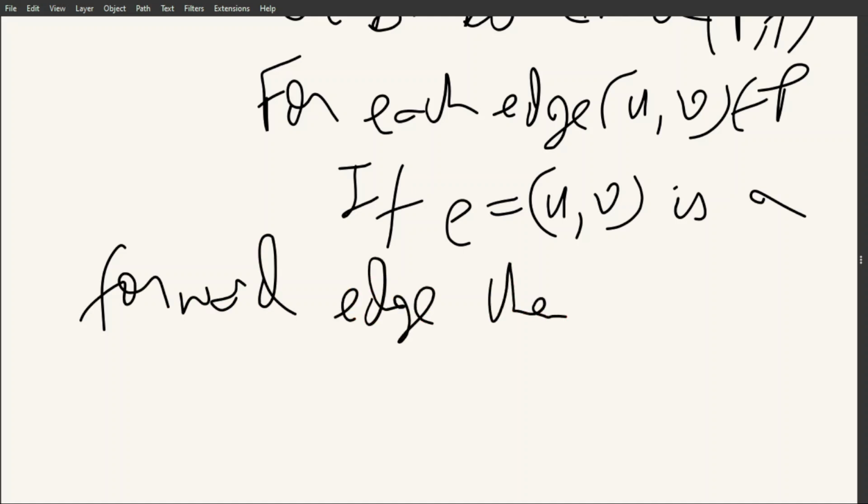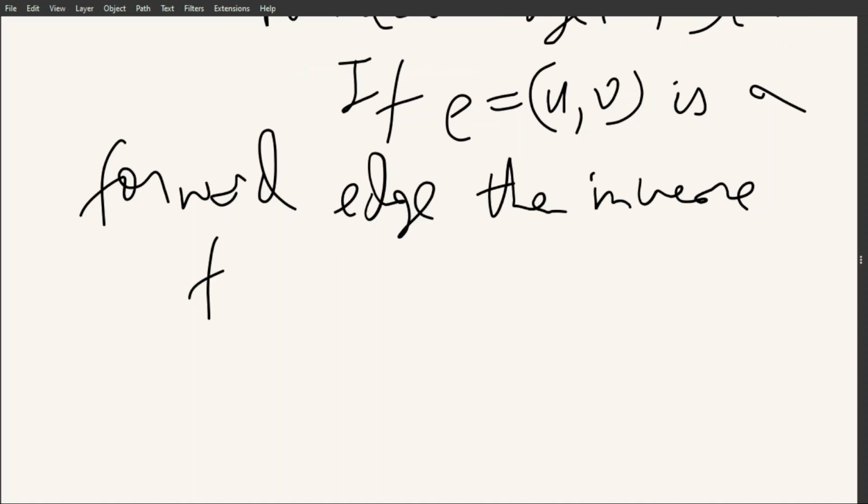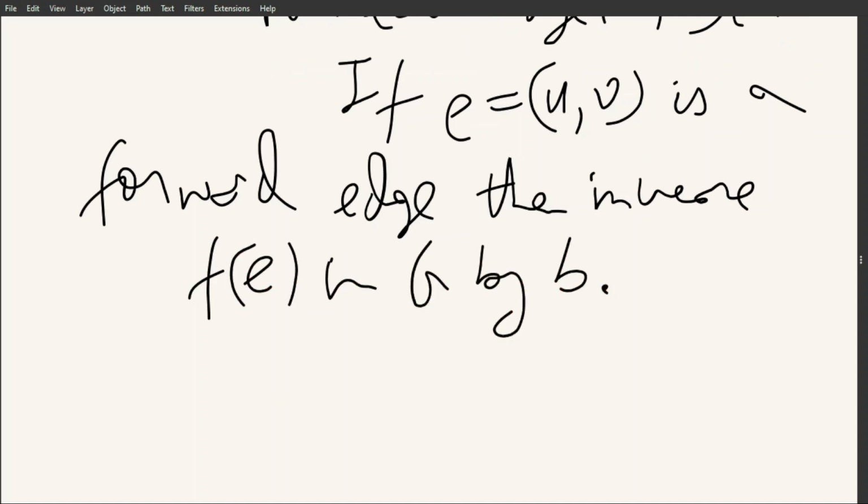Then we increase f(e) in G by b. So forward edge, according to our convention, its weight corresponds to the maximum flow that we can add. So here we are just adding the bottleneck. Bottleneck can be added because b is the least weight of any edge in the path. So forward edge we increment by bottleneck,